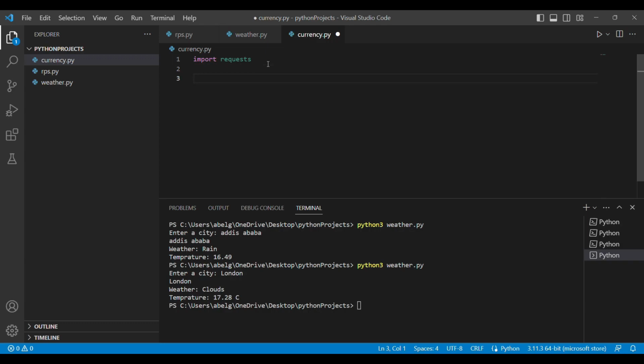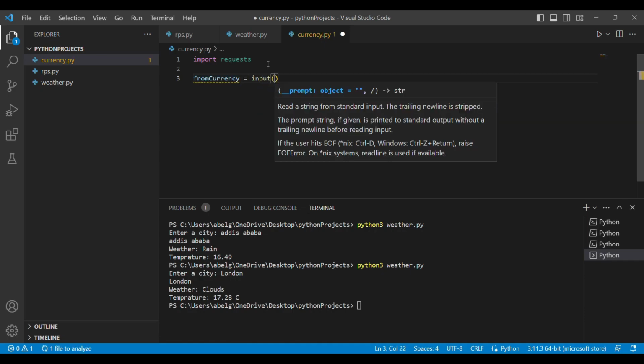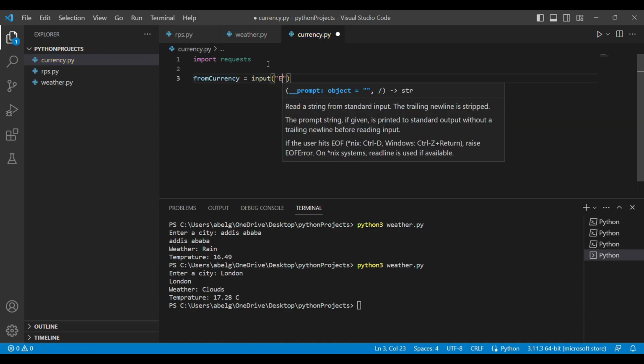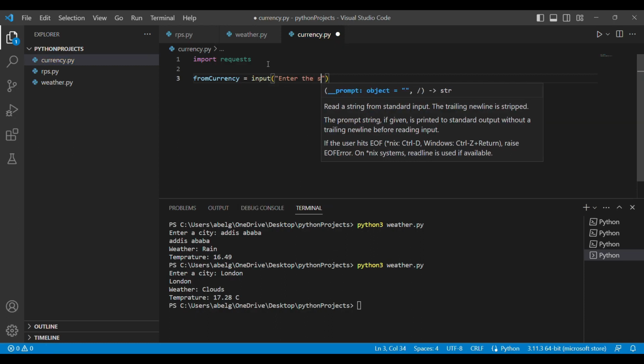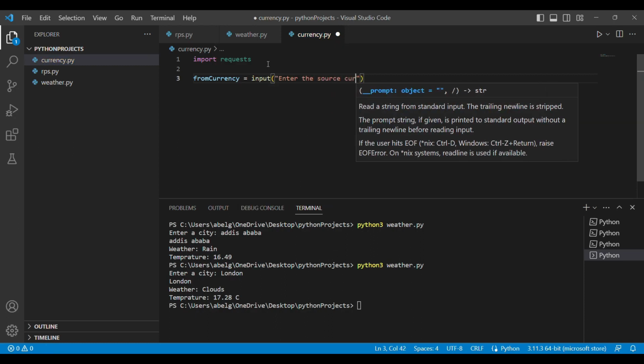So the first thing we're going to take is the source currency. So we're going to call it from currency, and we're going to set it equal to input, and we're going to ask the user to enter the source currency.